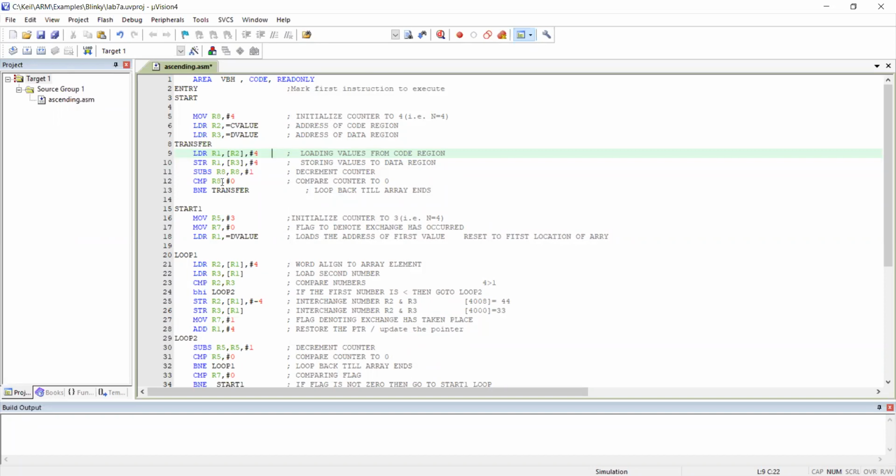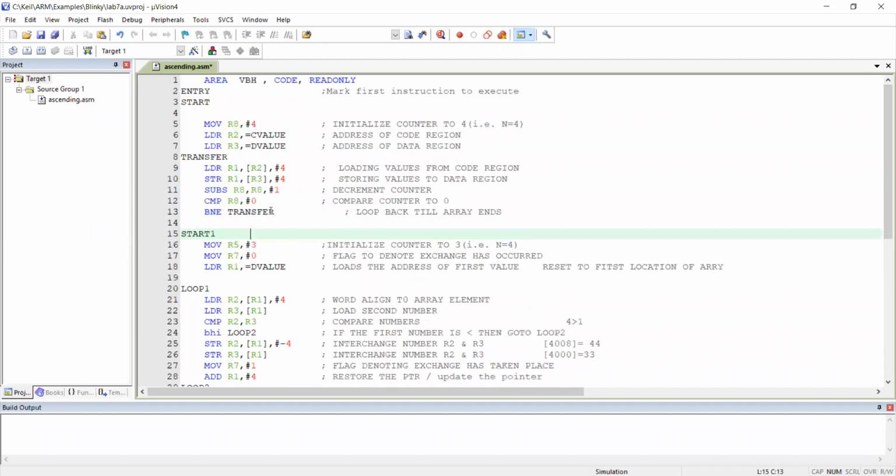A very, very important loop. I have a loop called transfer, in which I take a value from the R2 pointer and copy that value into the R1 register, and I store that value present in R1 to the location pointed by the R3 pointer. Now question, what is the R2 pointer? You can see here.